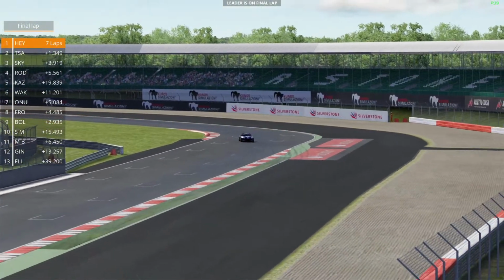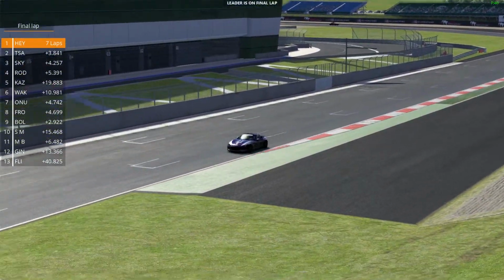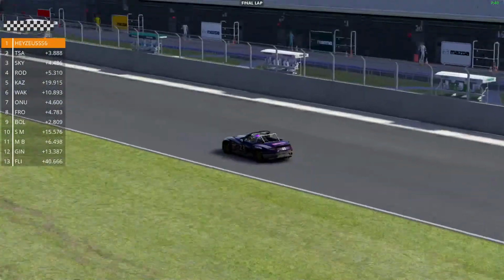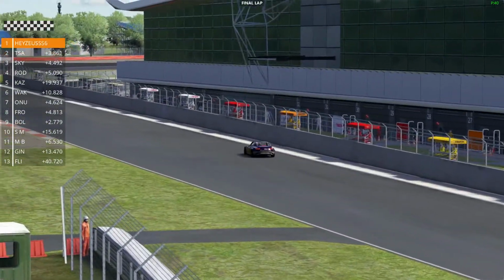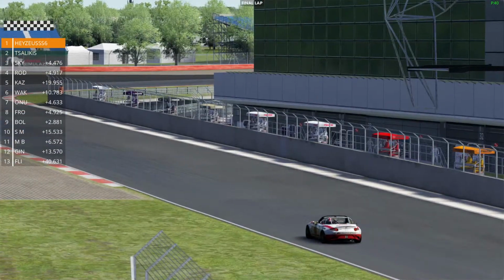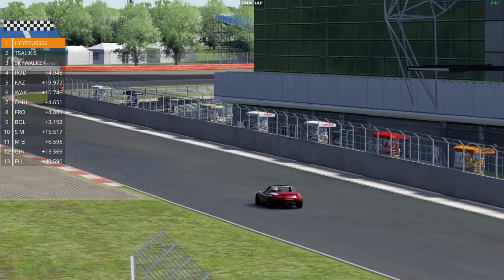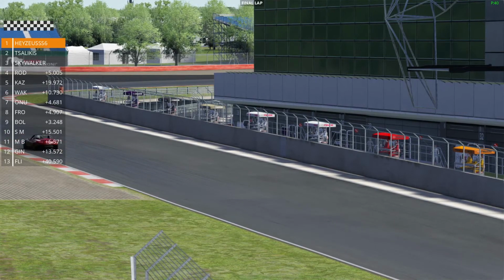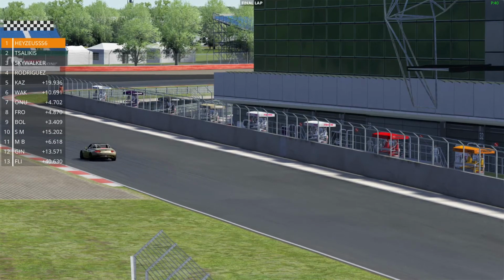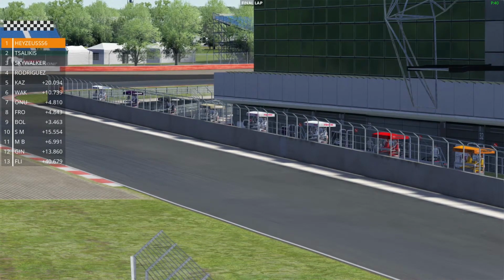Jesus takes home P1 in this first Track Titan community race in the MX5s around Silverstone. Fantastic race from this driver. He finishes in first place, stops for a bit of celebration by his pit wall. I'm sure his team will celebrate with him. He's just jumped into the pits. He's gone to get the champagne. Get the podium ready. So your finishing order so far, it's Jesus from John Salikis, from Ryan Skywalker, from Michelle